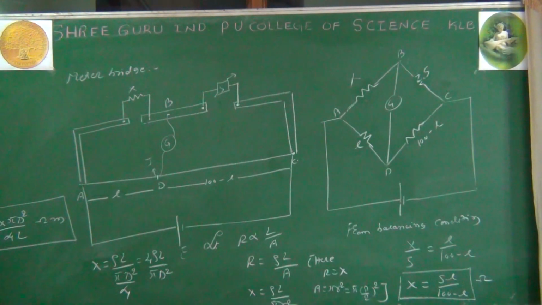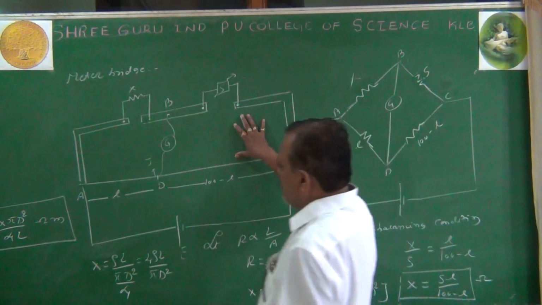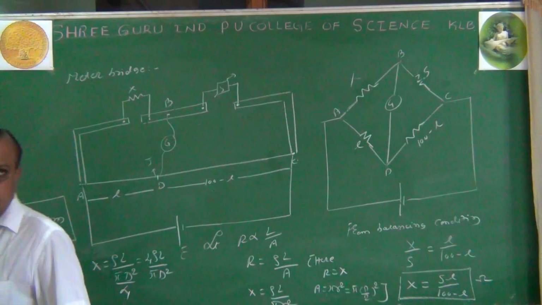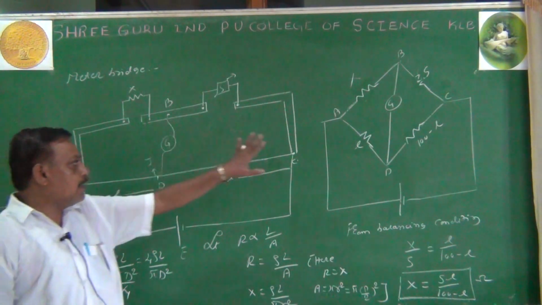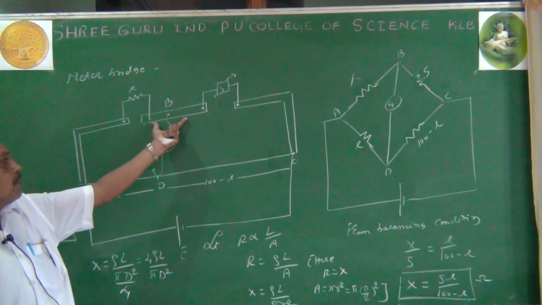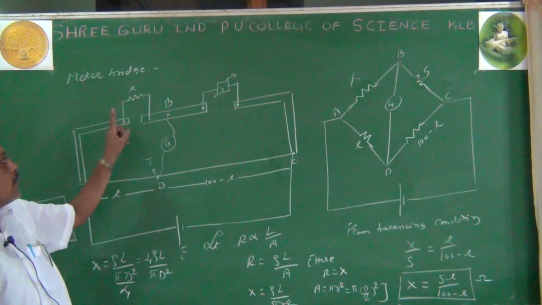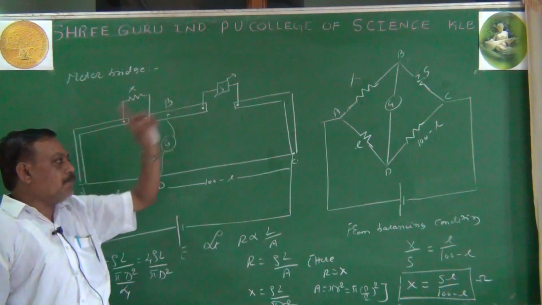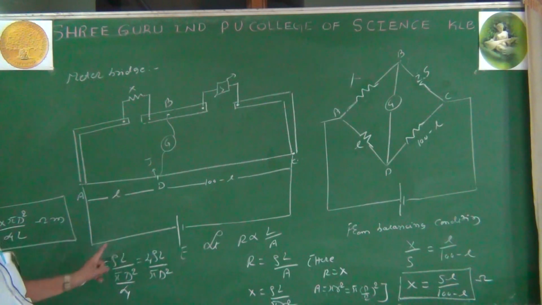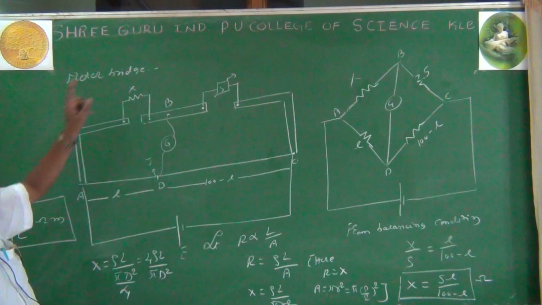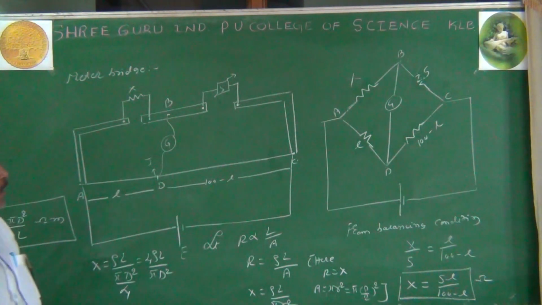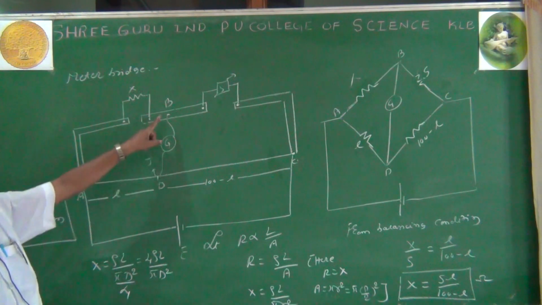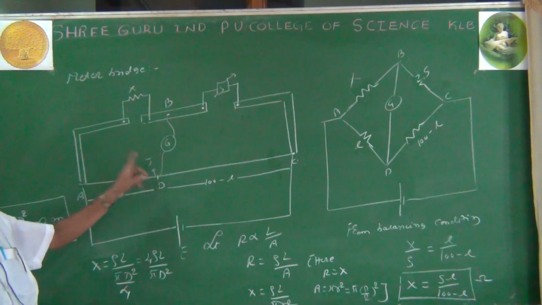Now this is our meter bridge. The meter bridge consists of 1 meter length of wire, and there are two inverted L-shaped metallic strips at the ends A and C. There is a straight strip in between that makes two gaps, the left gap and the right gap. The unknown resistance is connected in the left gap, and the standard resistance is connected in the right gap. Then the battery connection is provided. The positive terminal goes to end A, where the unknown resistance is connected, and the negative terminal to point C. Then the galvanometer is included at B, and the other end of the galvanometer goes to the jockey.